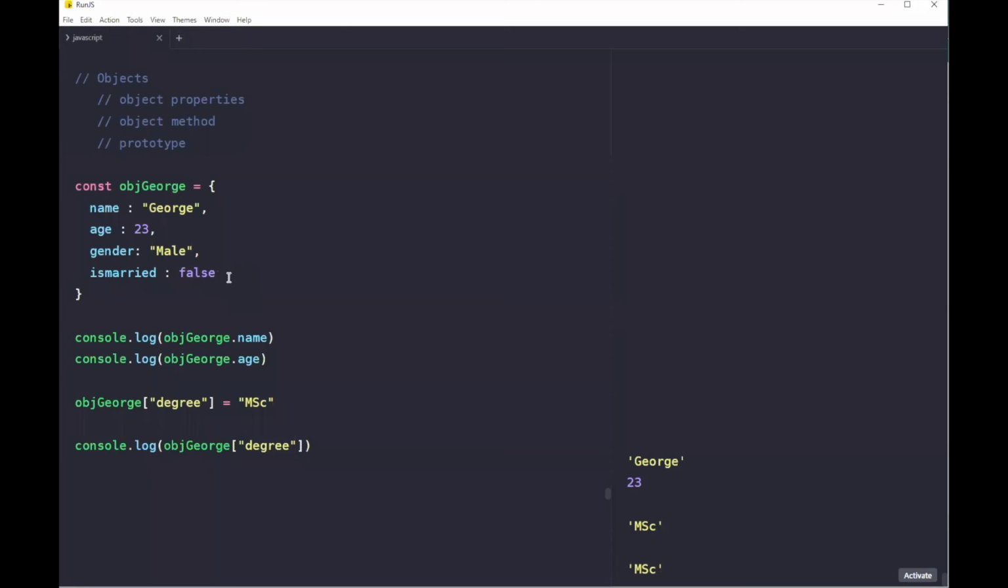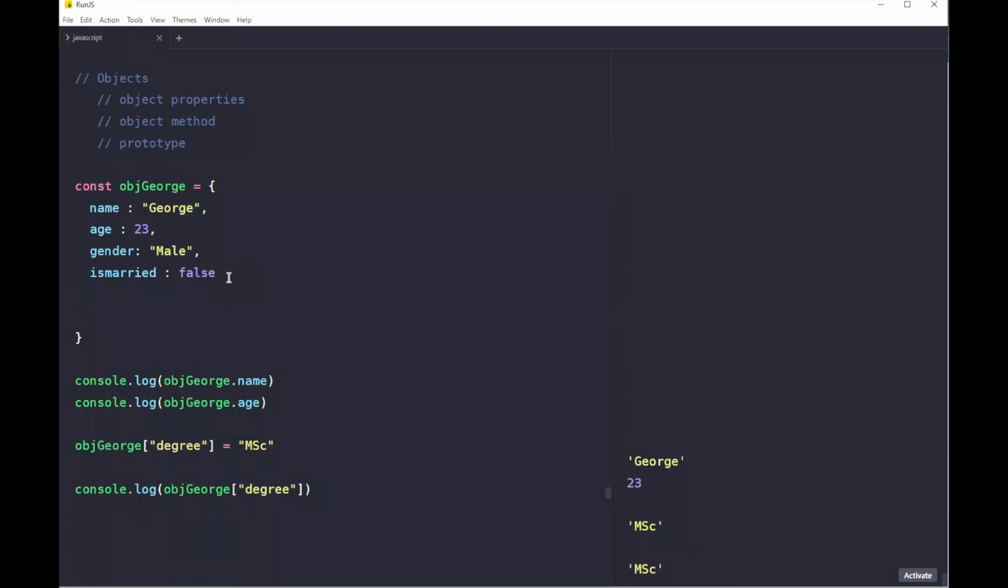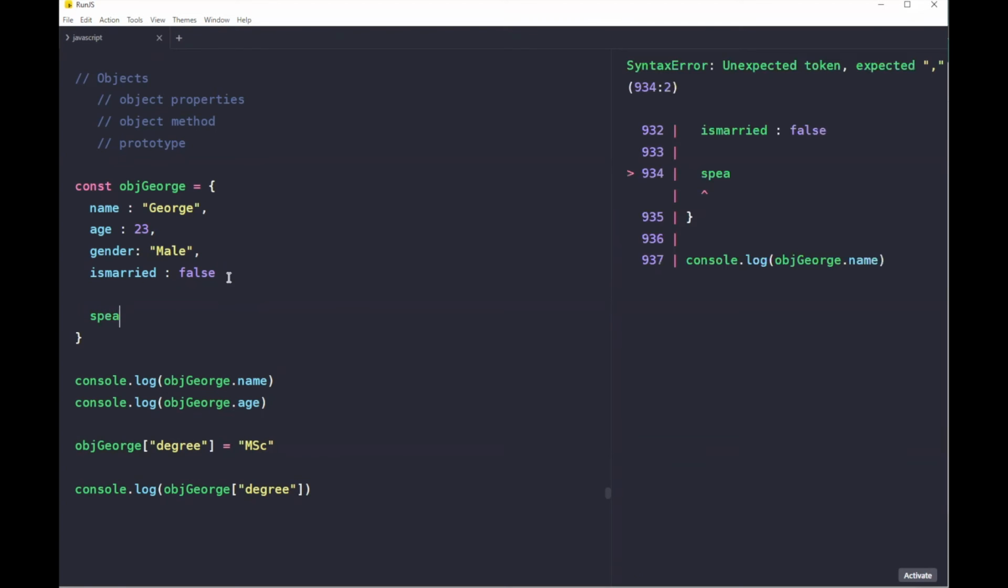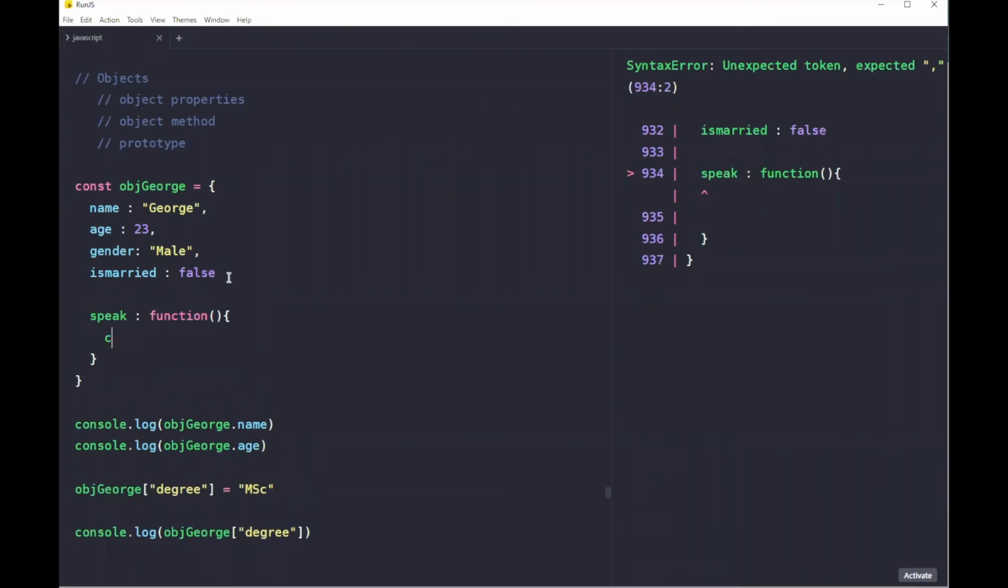Now, assuming we want to pass a method inside this object, what we do is that we can just call it, maybe, speak. Then we give it a function that doesn't take anything. So it will just console.log, maybe. So inside this object, assuming we want to do some clever stuff here, we want to just do something like,